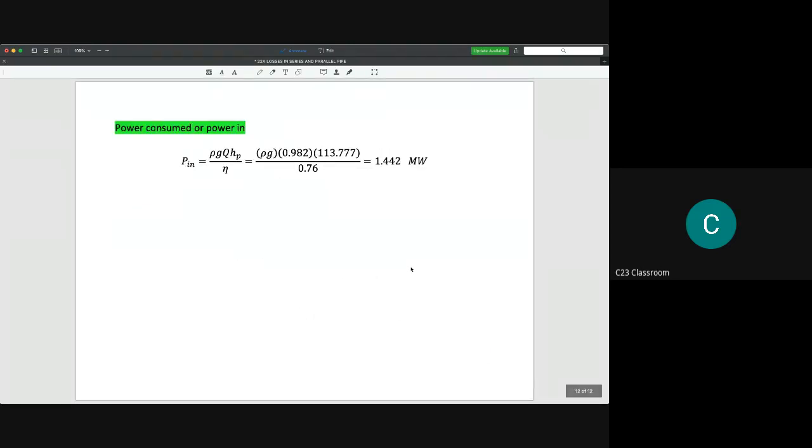And then for the last question, we are going to calculate the power consumed, and you need to understand that power consumed means power that needs to be supplied to the pump, and it is equal to power in. I hope you could think like this. Power consumed or power in needs to be a little bit higher compared to what you will use in the real operation, because the efficiency of the pump is